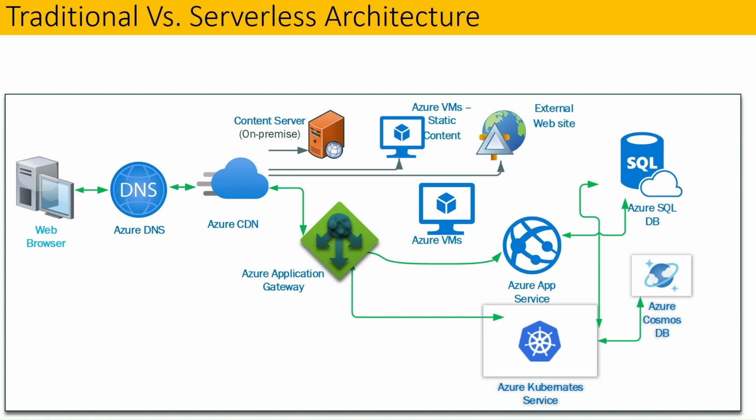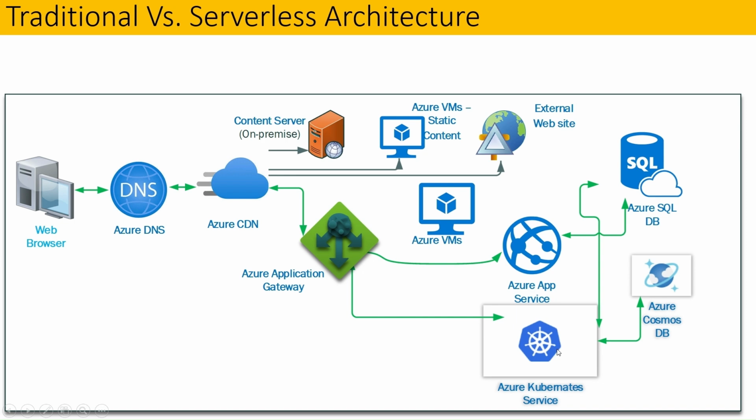Whatever you are seeing here is specific to Microsoft Azure. You have a web browser which connects to any of the services illustrated here. To start with, the equivalent for the DNS server is Azure DNS service, which in turn connects to Azure CDN that will decide about the traffic to either the static content or the dynamic one. And the dynamic one will hit Azure Application Gateway. There are other options also available, which in turn connects to Azure VM or Azure App Service or Azure Kubernetes Service to perform any